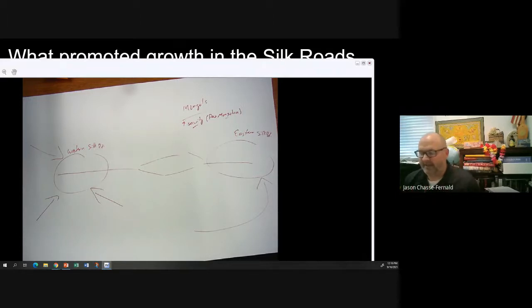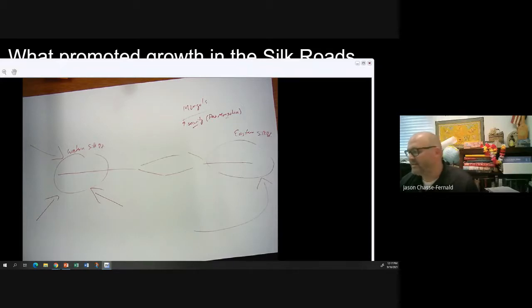Remember, they have to take their own money and buy their goods. Would you take your own money and carry it around to buy goods in a place where robbery is extremely common, where there's no legal stability? The answer is no. Those are not the conditions that are ripe for economic growth.